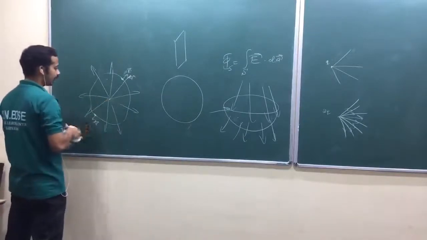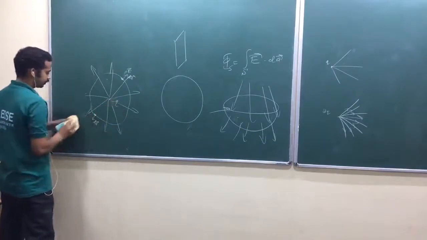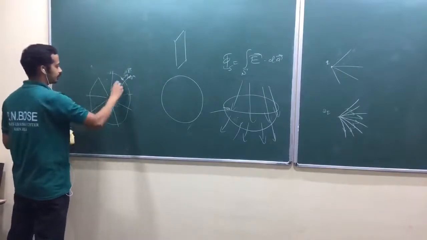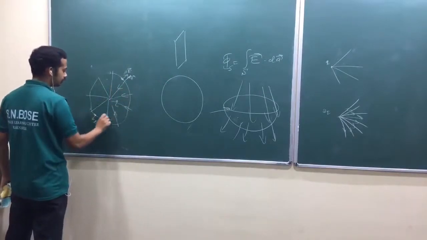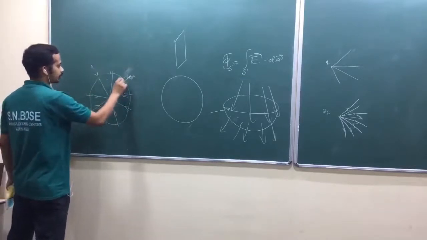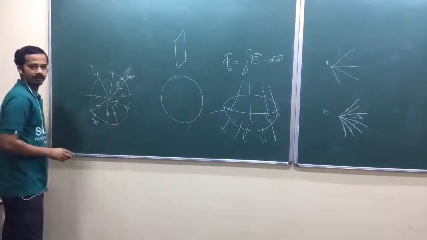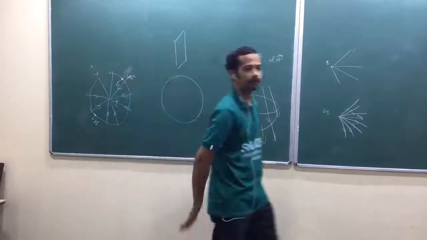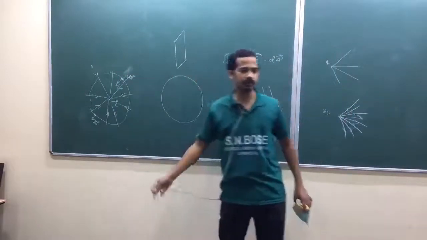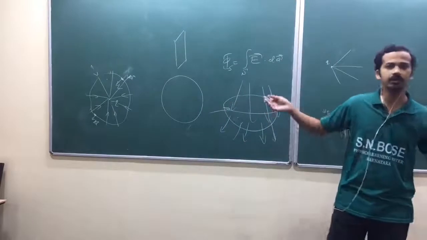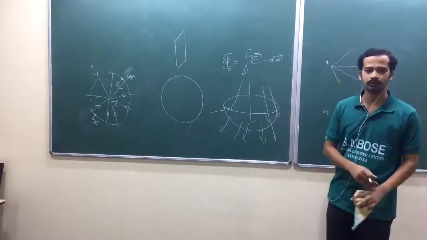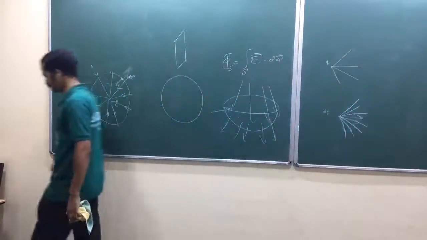Suppose I had a negative charge, then what would happen? Now you have field lines which are going into that region. Look here, your area vector is like this, but your electric field is like this. Then cos 180 degrees, or cos of an obtuse angle, you will get negative. When you add, you will get negative flux. The total flux will be negative. Is that okay? Because that is inward flux, our field lines are going into that region. So that convention is because of that.